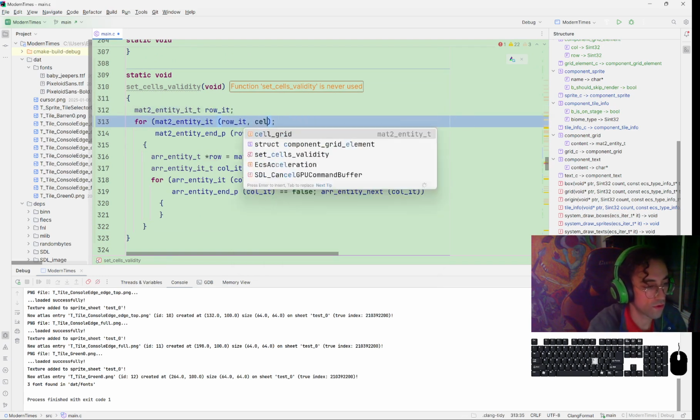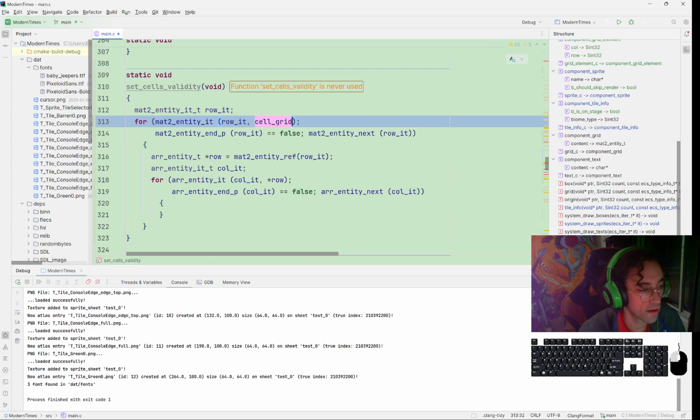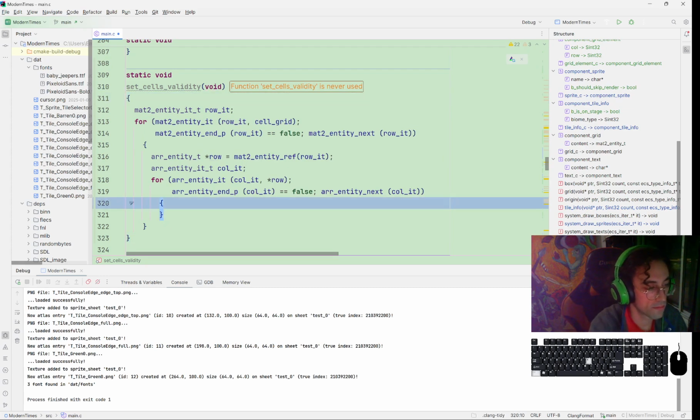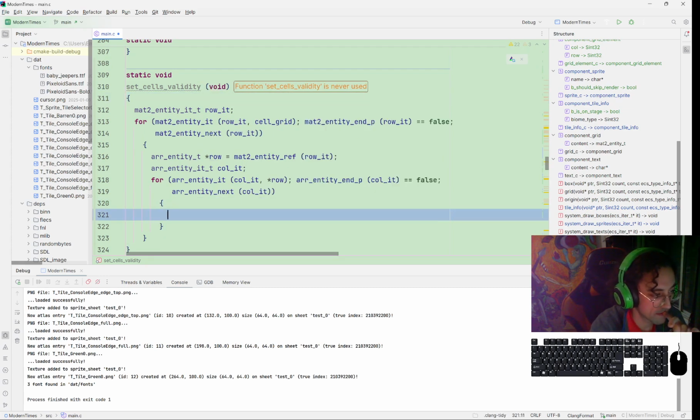So we're going to go over the cell grid like this. Then we get the row, we iterate over the row. And then we're going to check